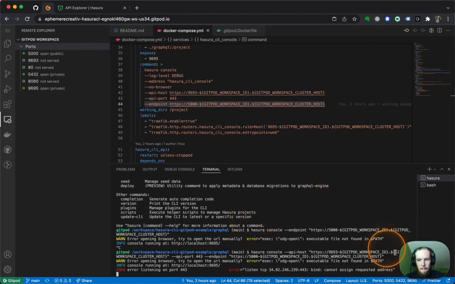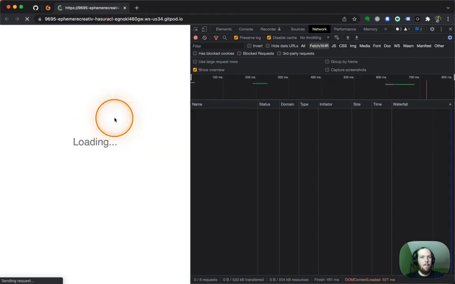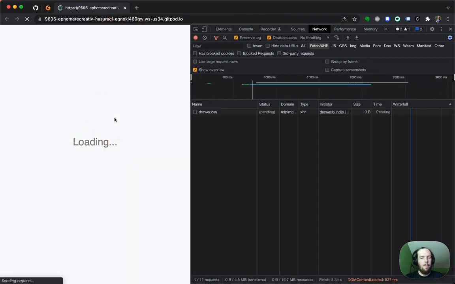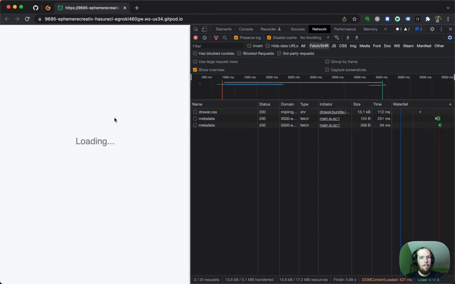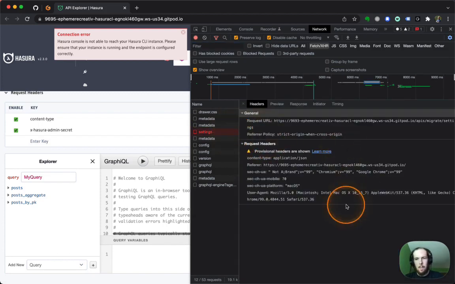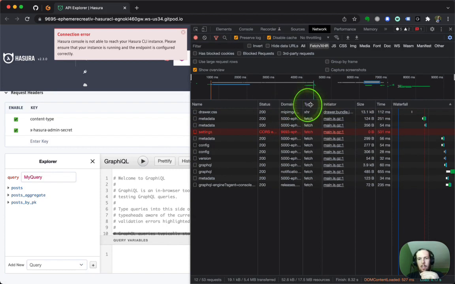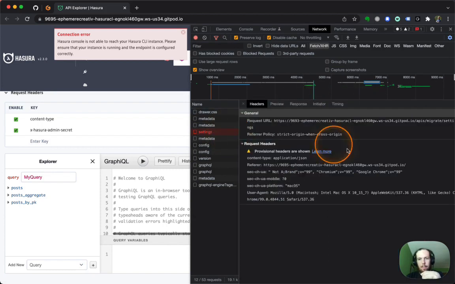If I try running that, it's going to say it's got an issue there. And then I'll try to run the console again. So now I run into these CORS issues on 9693. And I haven't quite figured out why the CORS issues exist, but